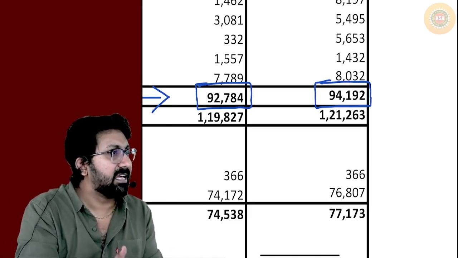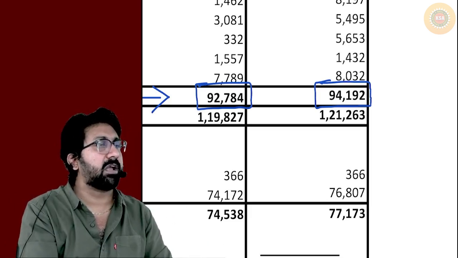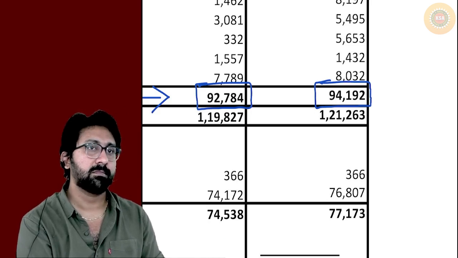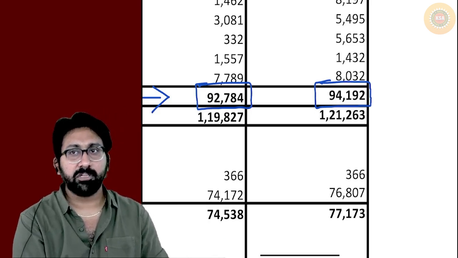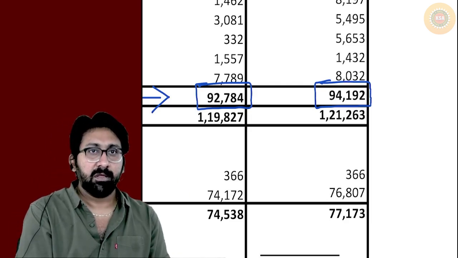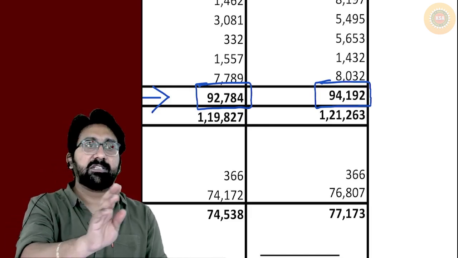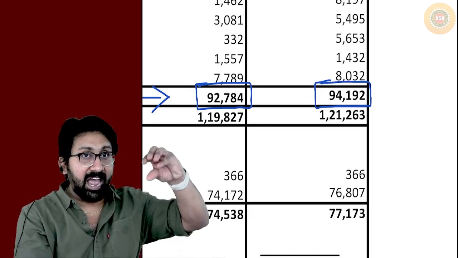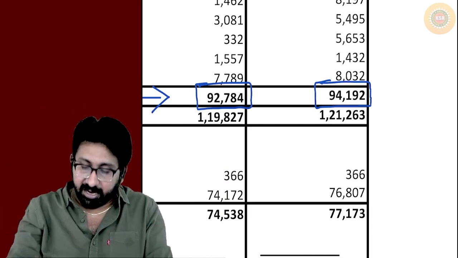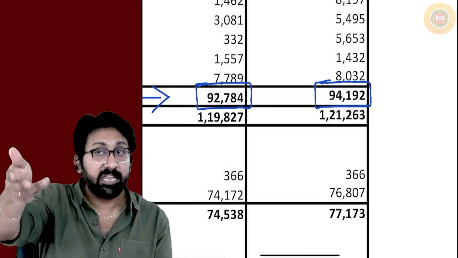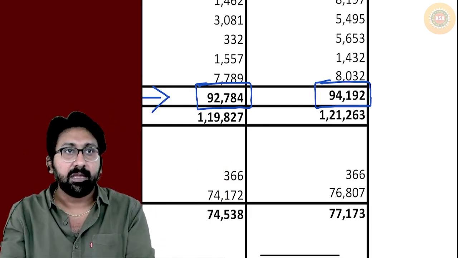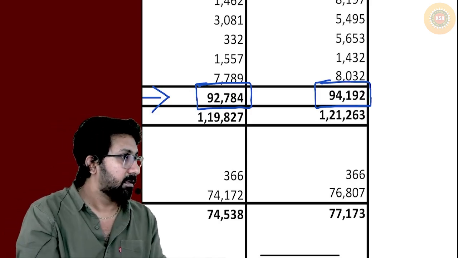Wrong interpretation. Unless and until you compare with current liabilities, how can you tell? This is called a wrong interpretation. Never interpret on the basis of current assets alone. You should compare it with what? Calculate the ratio, compare the ratio, and tell. Sir, maybe current liabilities are also higher, the ratio may be lesser, but don't come to a judgment just on the basis of the current assets total. That is not right. Listening?